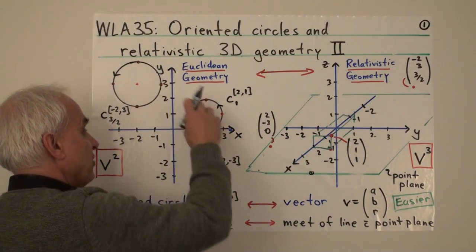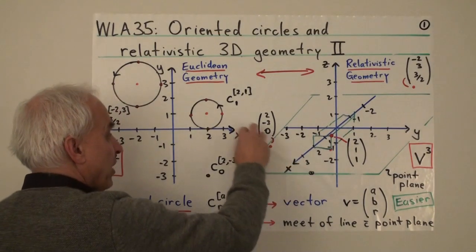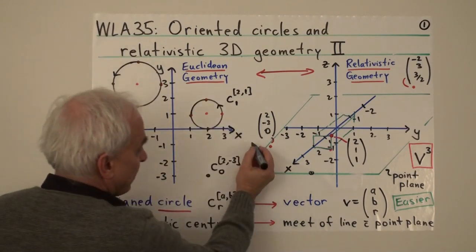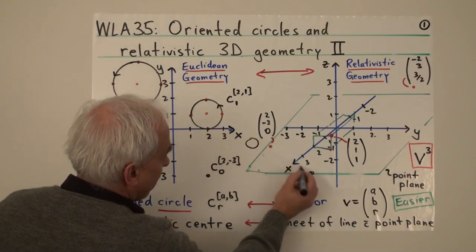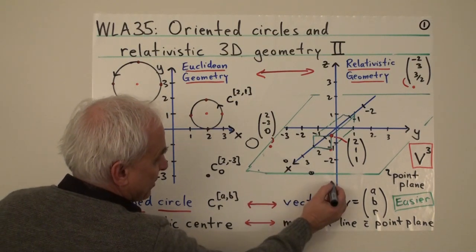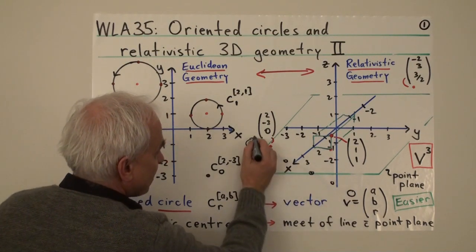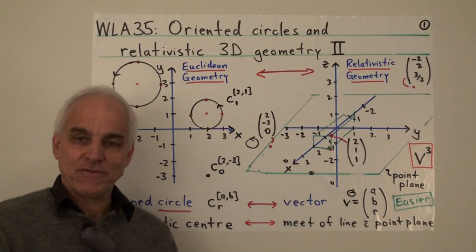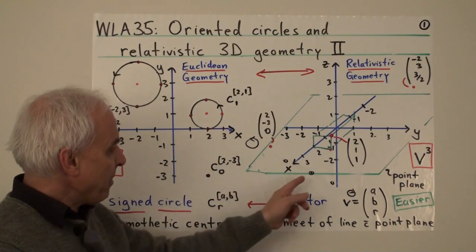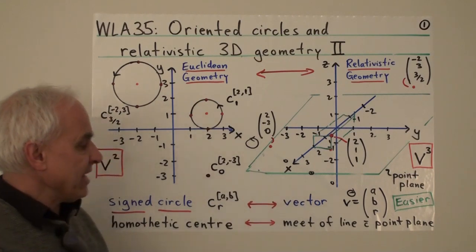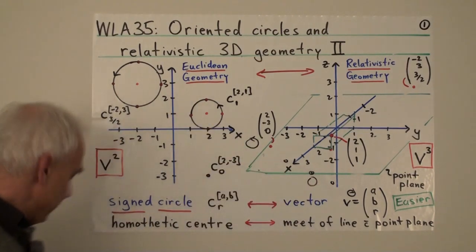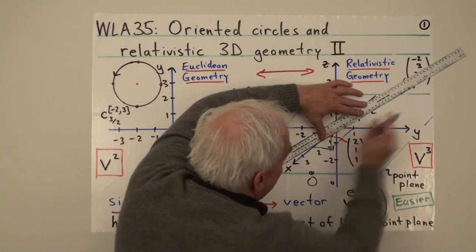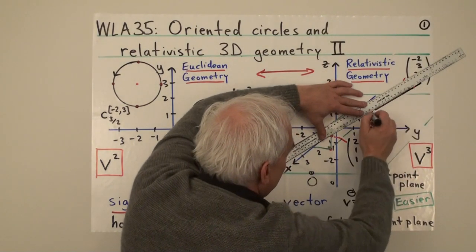And if we dilate not by this factor but by other factors, then we get a whole family of circles which are all dilates of this one. So as we go out, they become bigger. As we get in here, it will become smaller and smaller as we approach this point. And on the other side, they would get bigger again with the opposite orientation. So you can kind of imagine a whole line of circles, all obtained from this one by dilating at this homothetic center. So this family of circles that we were drawing here corresponds in our three-dimensional situation with a line that joins our two circles.